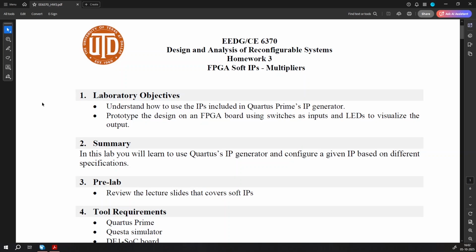Hello. So today we are going to be talking about Quartus IP Generator. In this video, I'll be implementing soft IPs, especially the multipliers on the DE1-SoC board using the Quartus IP Generator and Configurator. In this experiment, using the IP Generator, I'll be implementing a 4x4 multiplier using different configurations of